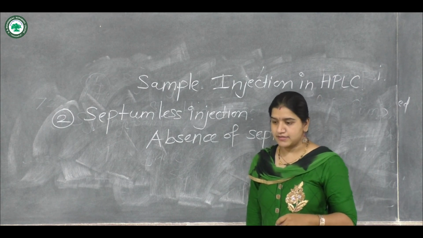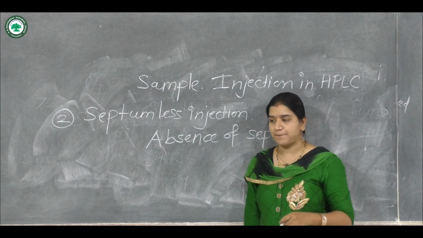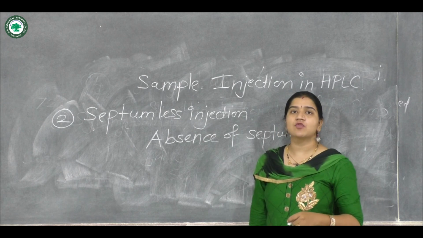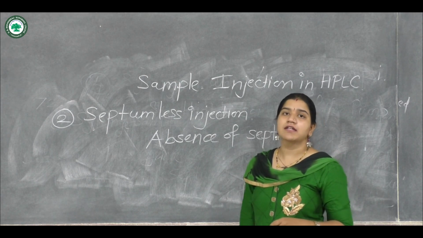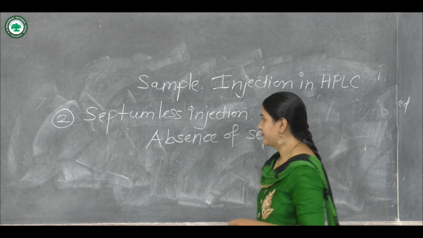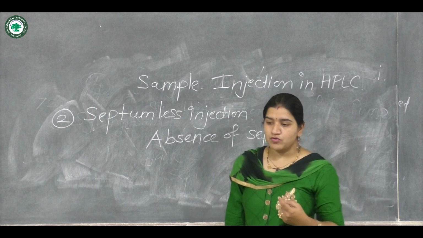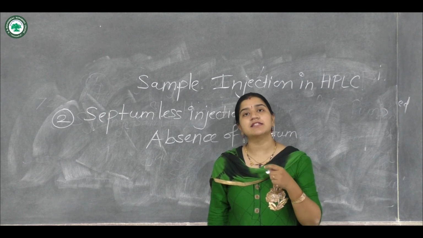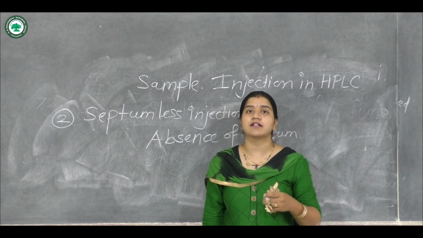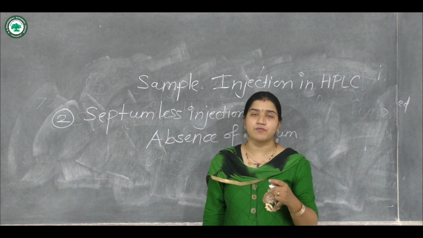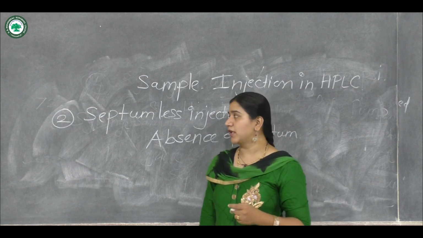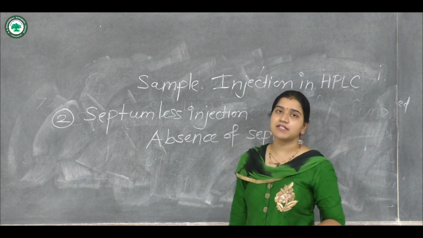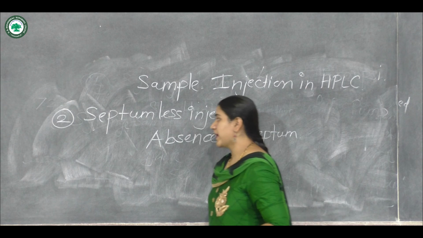Hence, in that case, you are injecting your sample directly inside the column. So, the amount of sample is taken inside the syringe and then it is directly inserted inside the column without the use of a septum, and therefore the name given is the septumless injection port. Now,